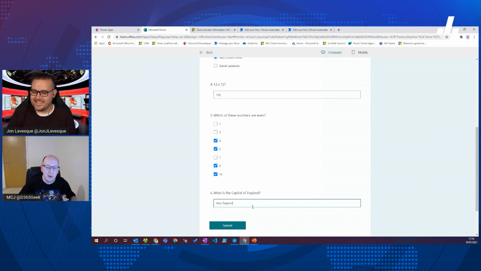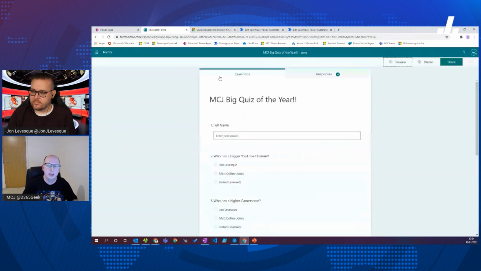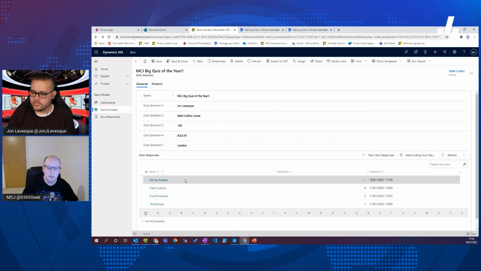And hopefully when we mark it, we'll see that. But we'll submit it. We'll get the thanks for the response. And then within a few seconds, that flow should run, and we should see that data go into our Dataverse. So it'll run through, and if we hit refresh on this subgrid, we can see there is a new entry here, and it's ungraded at the moment. So if we open it up,